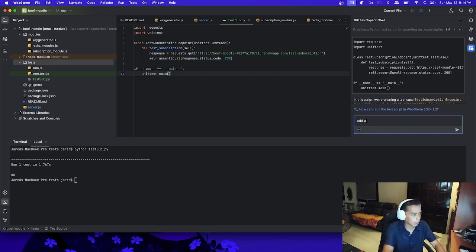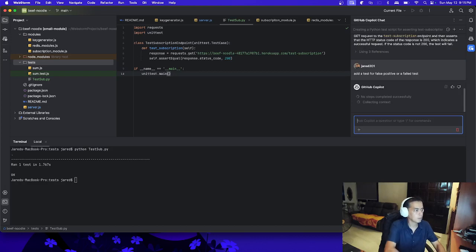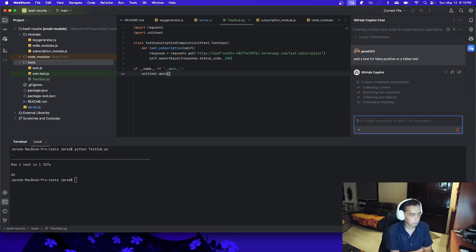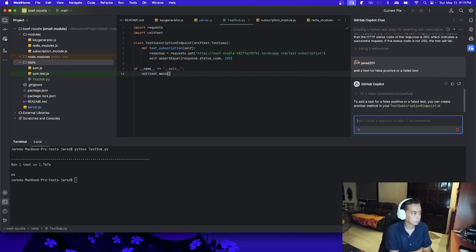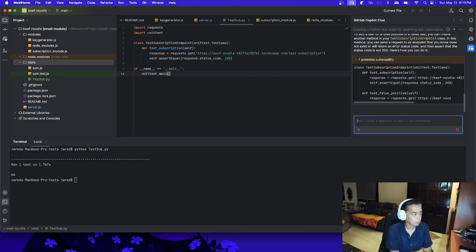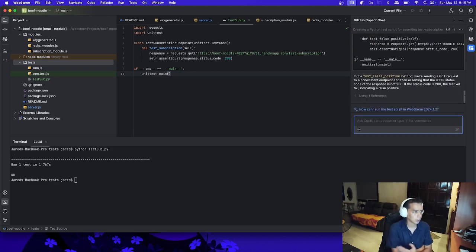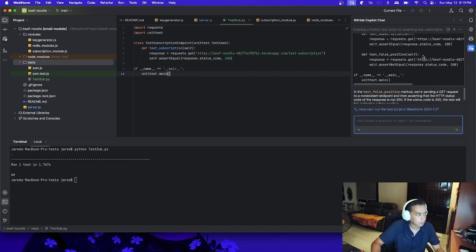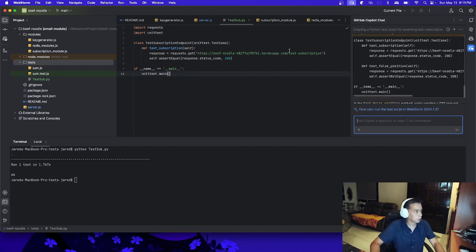So let's ask GitHub Copilot once again: add a test for a false positive or a failed test. All right, so now you're going to copy and paste this once again.